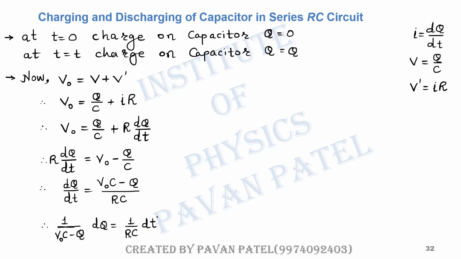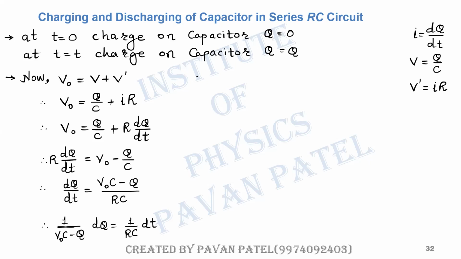ऐसा करने का पर्पस क्या है? Because we want to do an integration और integration में q is a variable, वो dq के साथ होना चाहिए और dt सेपरेट होना चाहिए, तभी हम इंटीग्रेशन करके q की वैल्यू फाइंड आउट कर सकते हैं. dq is a part of differentiation, and if you want to find the value of q we have to do an integration. So now dq and q are separated and dt is separated.